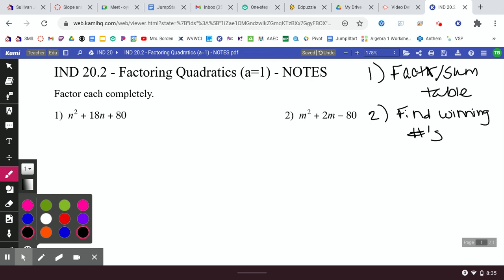And in this case, today, this is really nice, all right? Step three is to write your answer, because today's are really easy as far as being able to skip that middle step. So for today, that's it. Factor sum table, find your winning numbers that satisfy both, and then you write your answer. So what do we mean by a factor sum table? For every single one of these on your homework, right next to it, you're going to give me a little factor sum table,